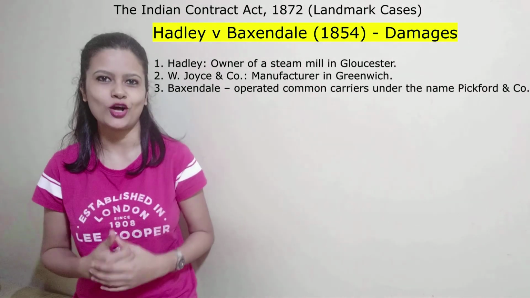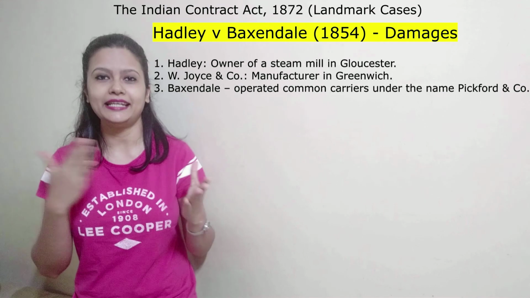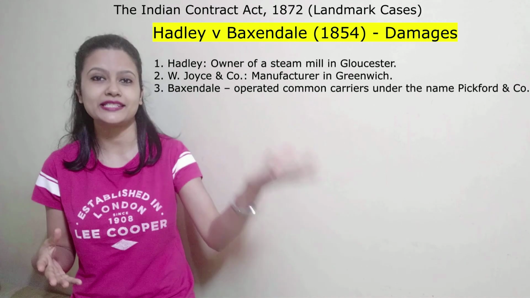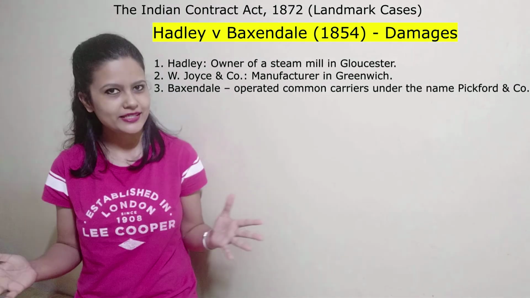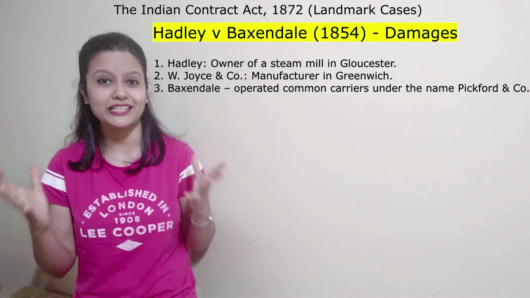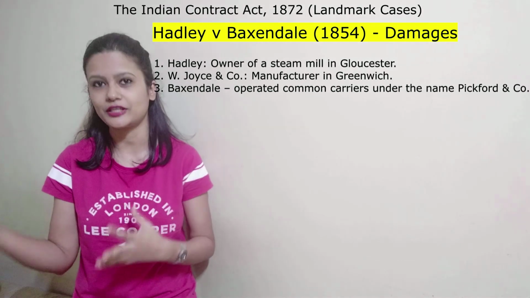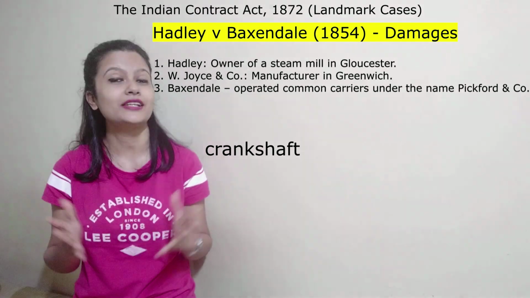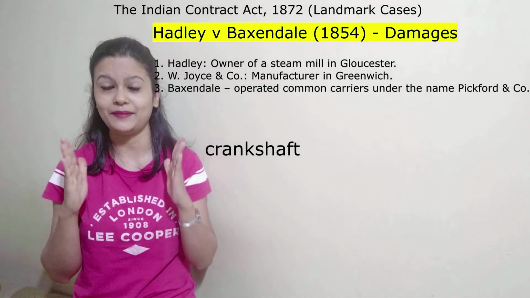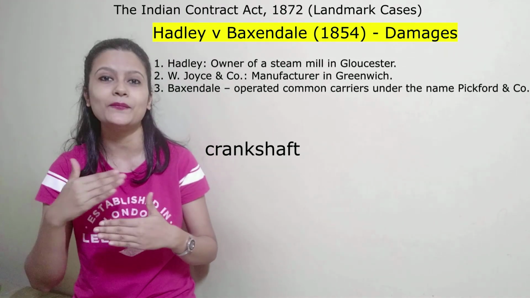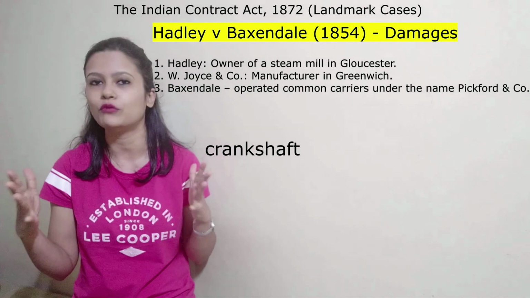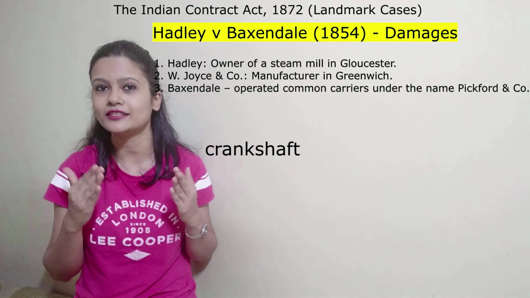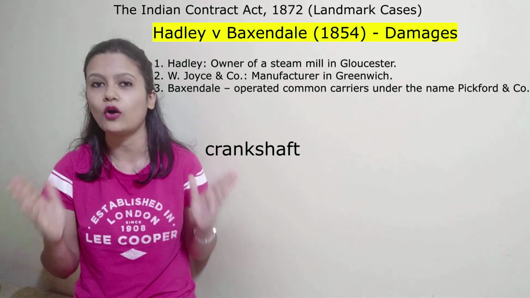But how do these mills operate? They have some machines that they use to grind all the grains or spices or other things that they receive from their customers. And it was the same with Hadley's mill as well. He used some steam engine to power the machine that he was using. But a crankshaft of that steam engine had broken. Now what is a crankshaft? It is basically like the backbone of a machine that will help the machine to rotate and operate and do whatever task it has been assigned with. So the crankshaft broke, which means Hadley was not in a position to operate his machines and operate his mill.